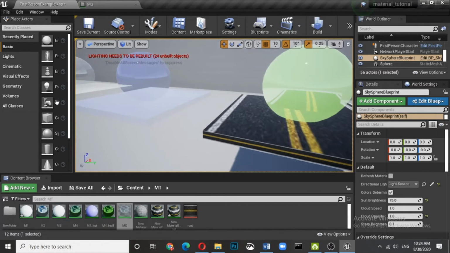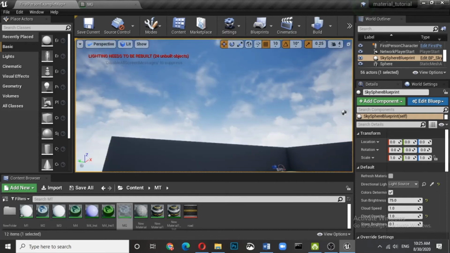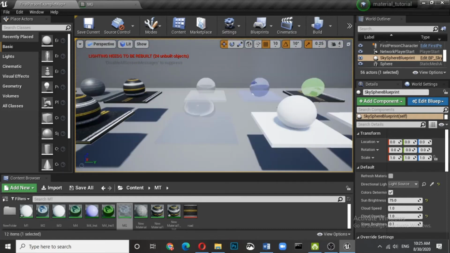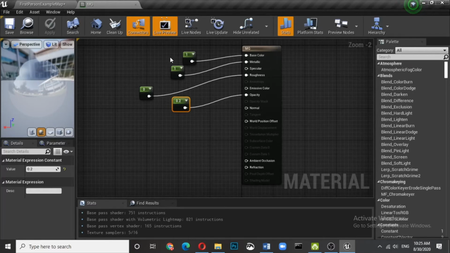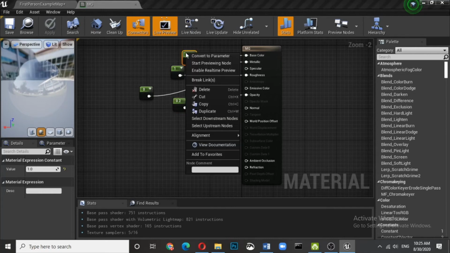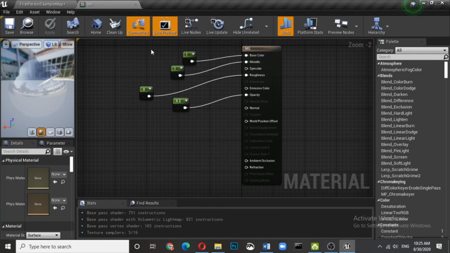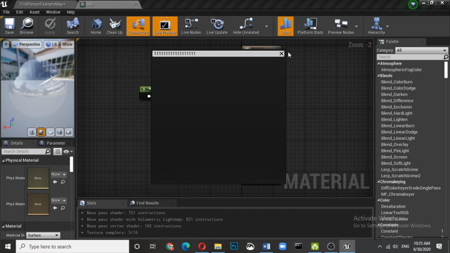Here in this case, you see there is no change in the edges. However, here you can see some changes. It looks like a sort of lens. So let us see how we can do it. But my suggestion is, every time you do some changes out here, it takes time. So better, let us make everything into parameters, and we will create a material instance where it will be easy to understand.